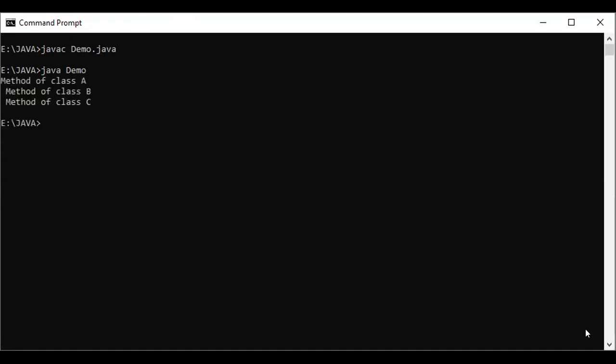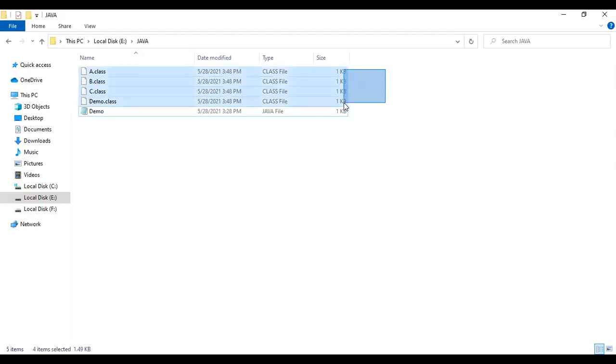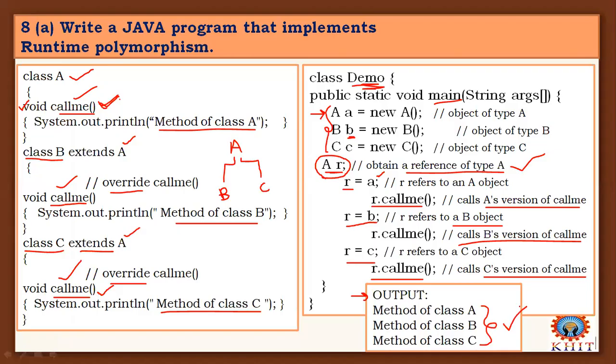So here: method of A, method of B, method of C, right? Once we observe the directory where this demo class is stored, total 4 dot class files are created for all the classes defined in your program. Got it? This is the output we got after compilation and running of this program.